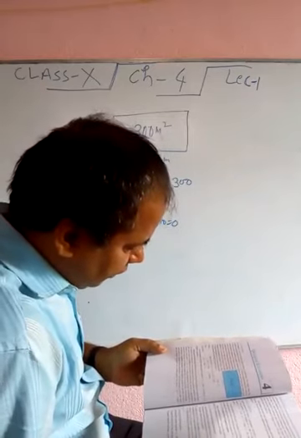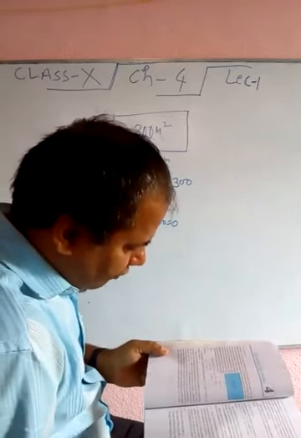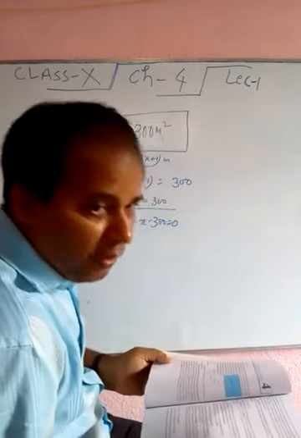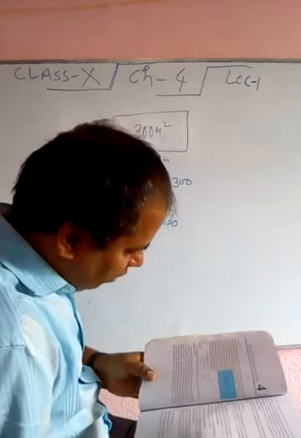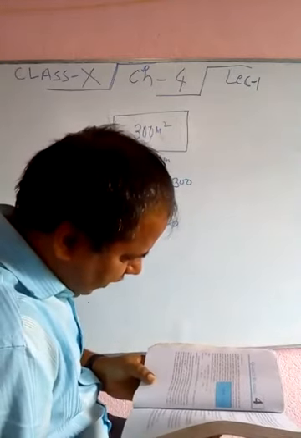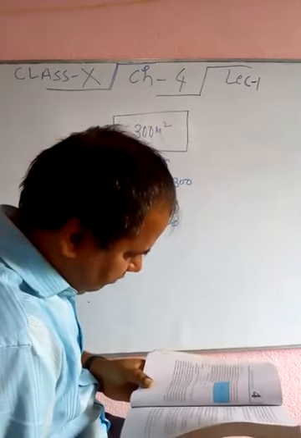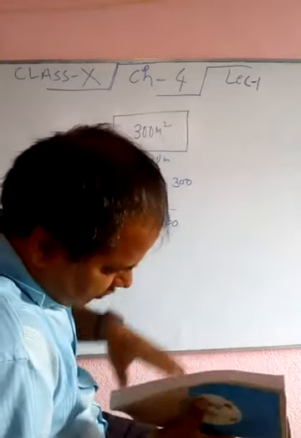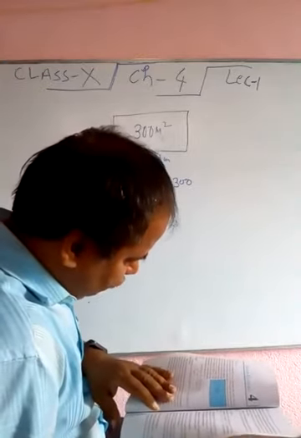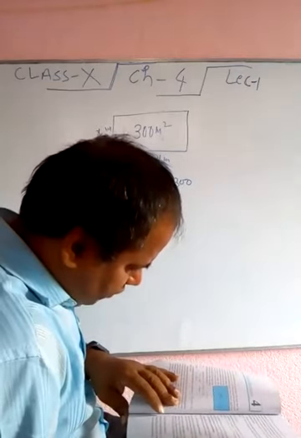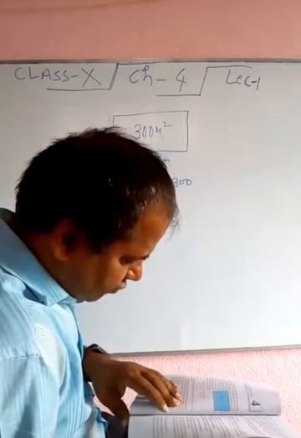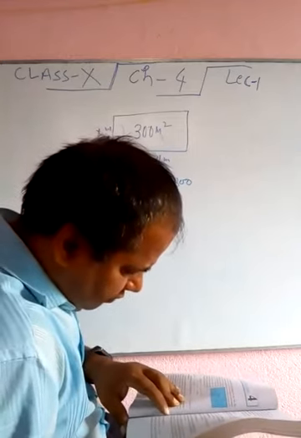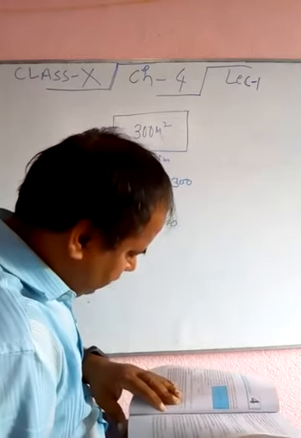Then the length should be 2x plus 1 meters. We can depict this information pictorially as shown in figure 4.1. Now the area of the hall gives 2x square plus x minus 300 is 0, so the breadth of the hall should satisfy the equation 2x square plus x minus 300 is equal to 0, which is a quadratic equation.